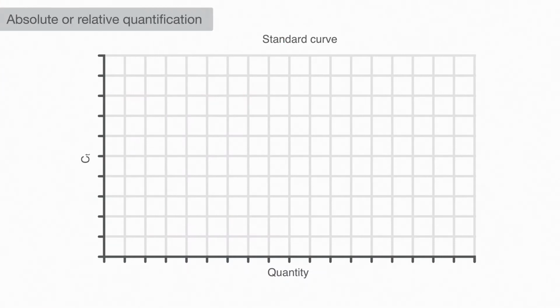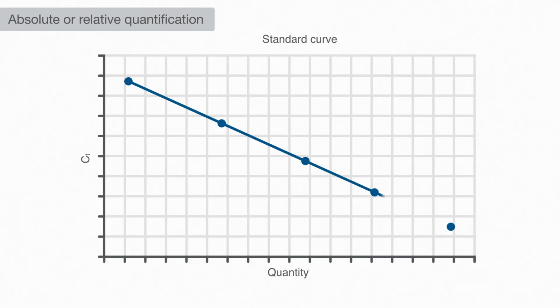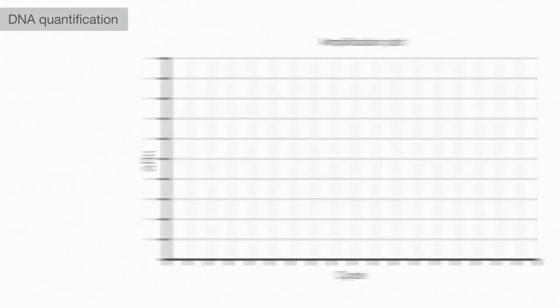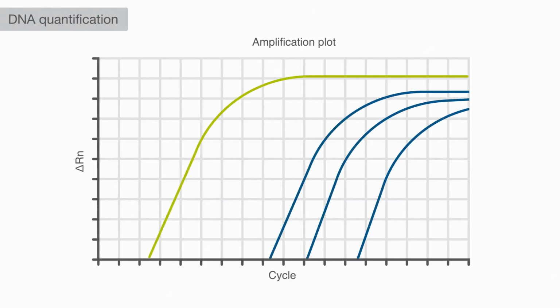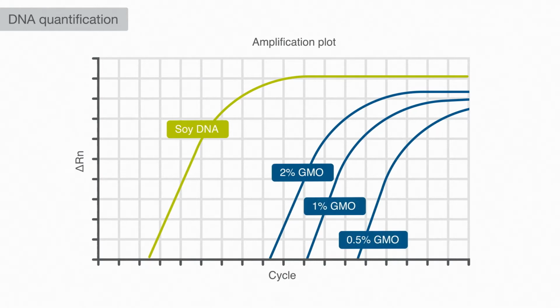A common one is using a standard curve to calculate absolute or relative copy number of a DNA target. This could be a pathogen in food or animal samples, a microbe in water, or any other detectable nucleic acid sequence. Speaking of food, some labs use qPCR to calculate % GMO in food samples in order to ensure that